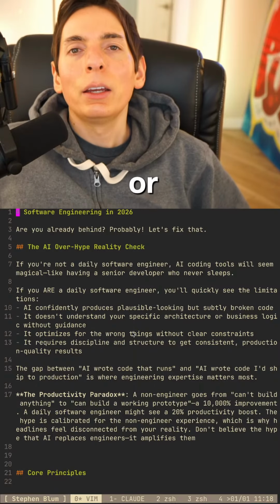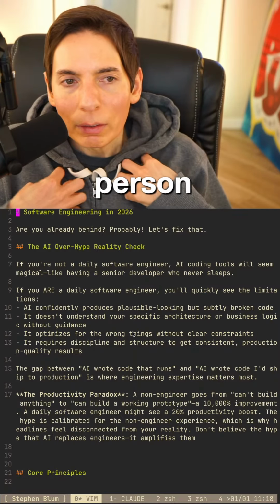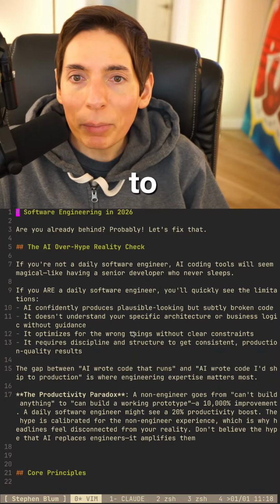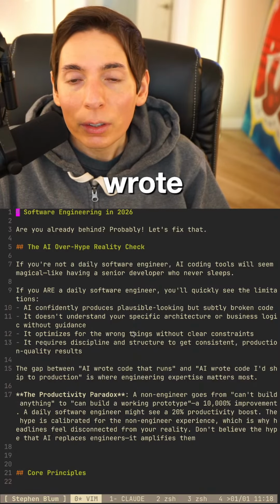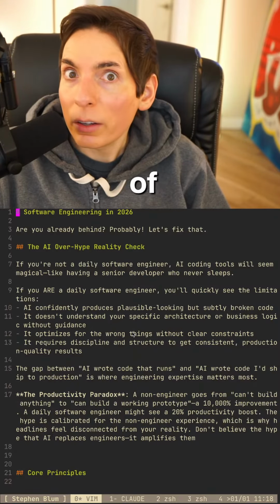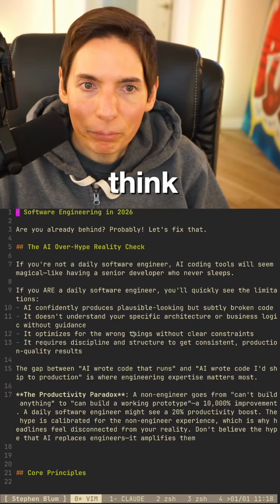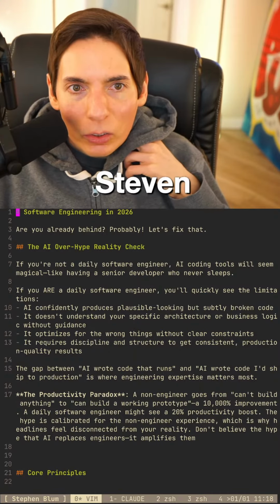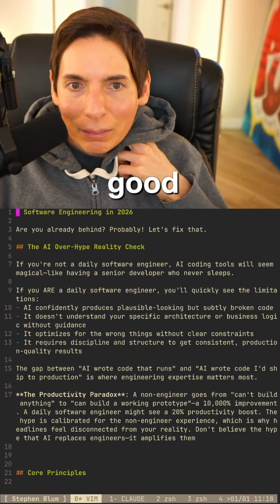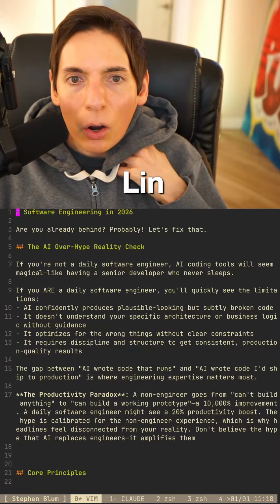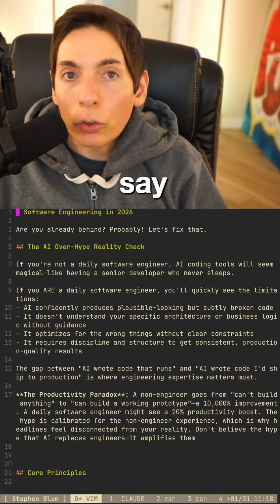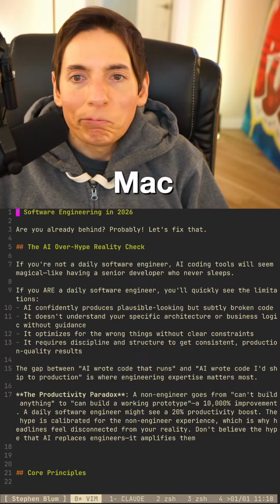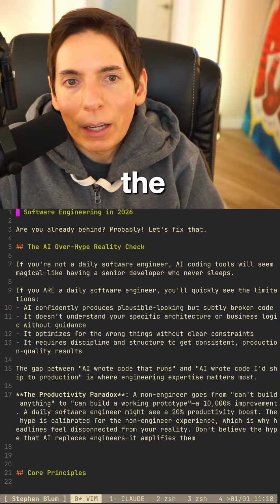ThinkPad or Mac? I am a Mac person. I've changed over. ThinkPad is great. I used to use a ThinkPad. In fact, I've written a lot of code on a ThinkPad. I think it's been great. Hi, Lewis. Good. So there you go. Mac or Linux, I would say either is perfectly fine. It doesn't matter anymore. I'm using Mac because I like the hardware. I think it's great. It's easy.